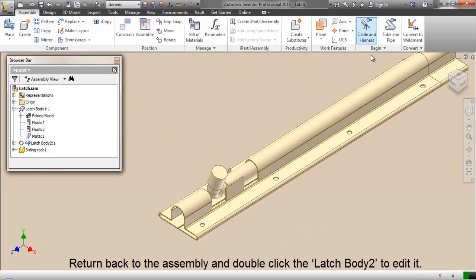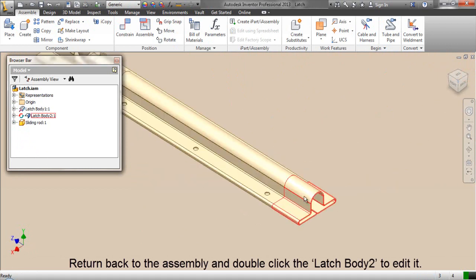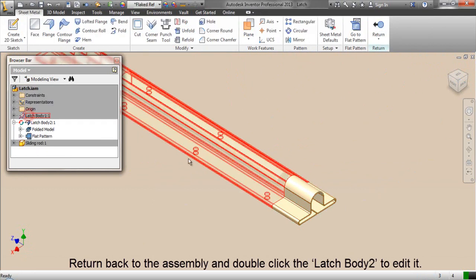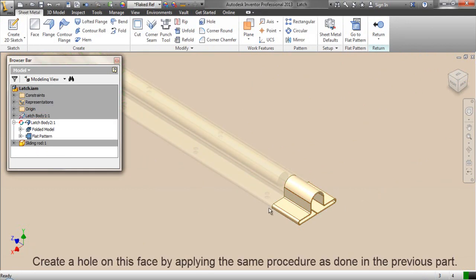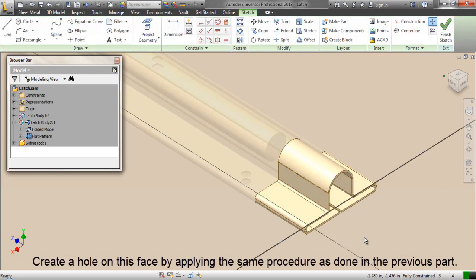Return back to the assembly and double click the latch body 2 to edit it. Create a hole on this face by applying the same procedure as done in the previous part.